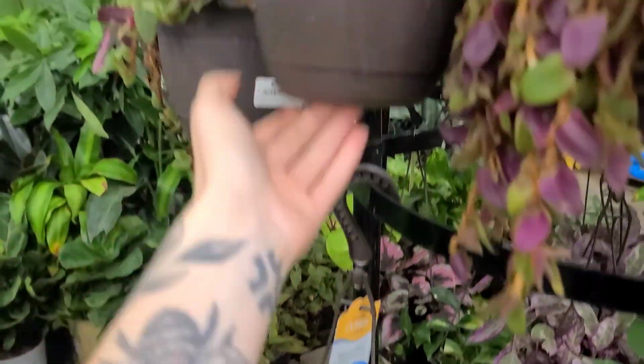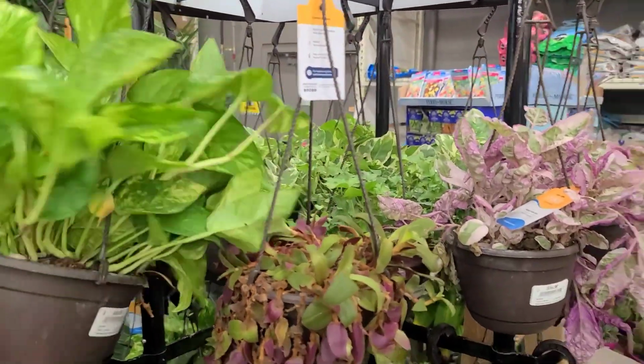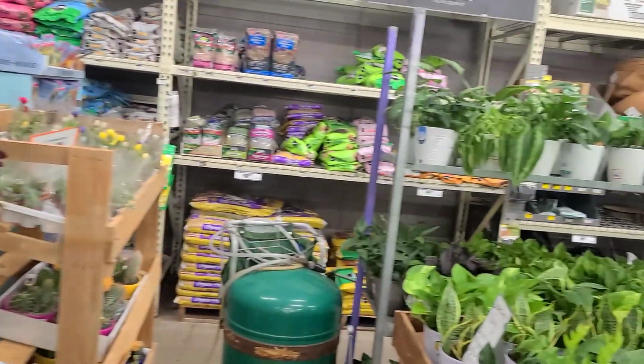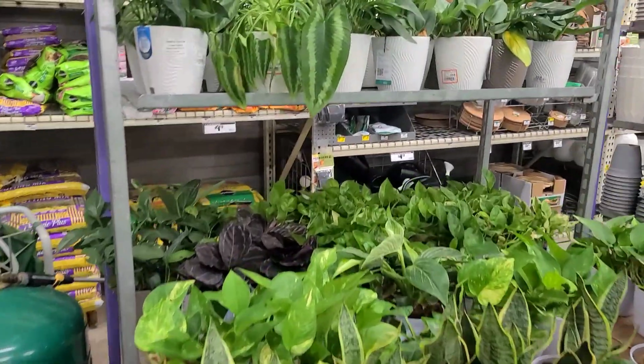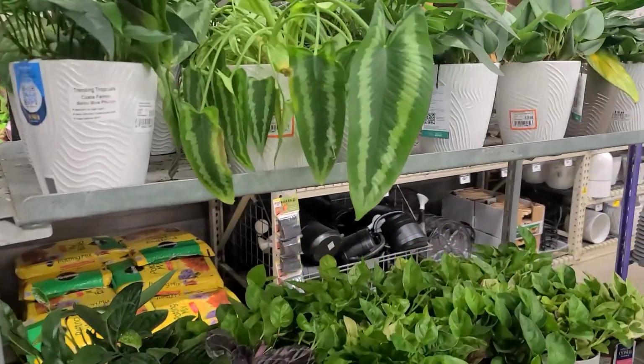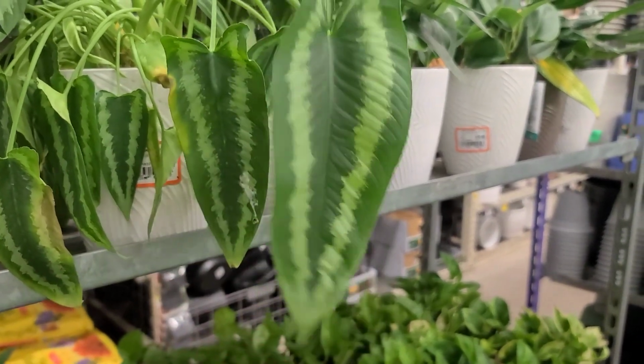Kind of hard to tell the size difference on camera. Some nice golden pothos hanging out over here. And then these ones back here caught my eye, so I went straight for the, what are you, Xanthosoma? No, these are,